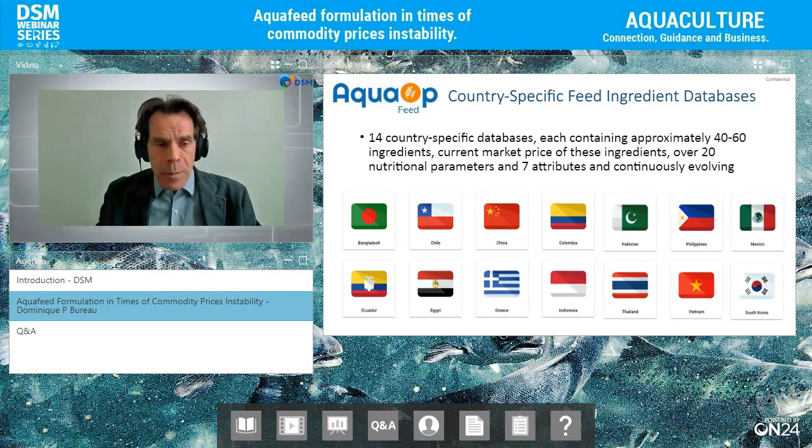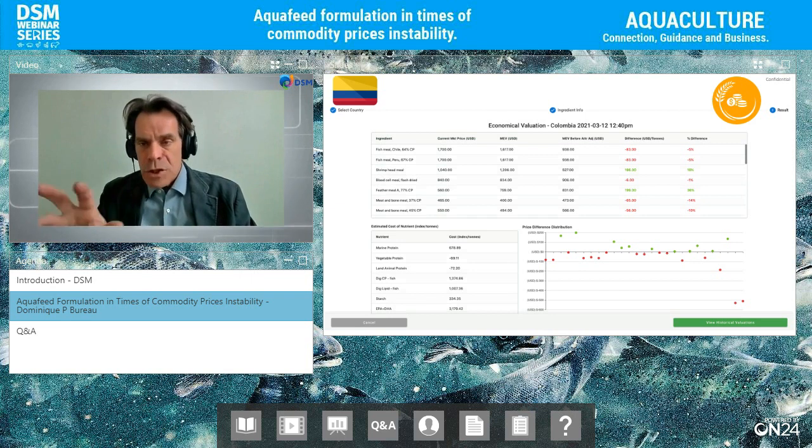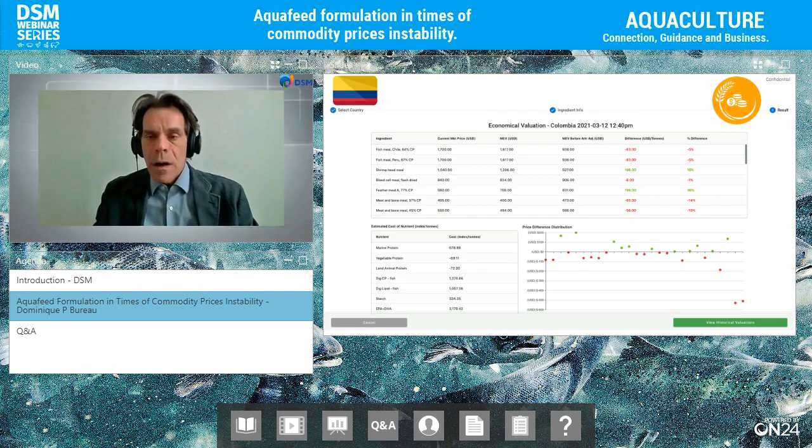It may be a little bit small here, but you can see we have the price of different feed ingredients, their market price, and then our program computes two values. A value based simply on the nutritional composition of the ingredients. So based on the average cost of protein, EPA, DHA, lipids, phosphorus, etc., this is how much the ingredient is worth. Now, we try to reconcile with the market, and it says, well, the market seems to be valuing different things, so we correct this for what the market thinks.